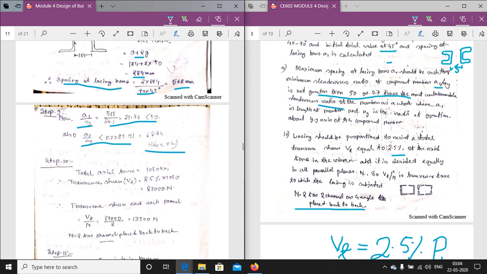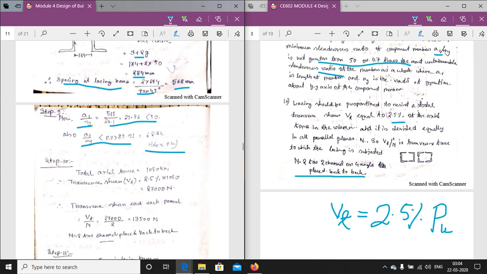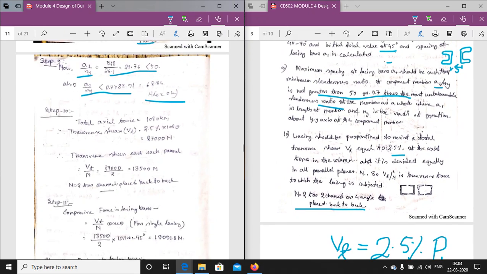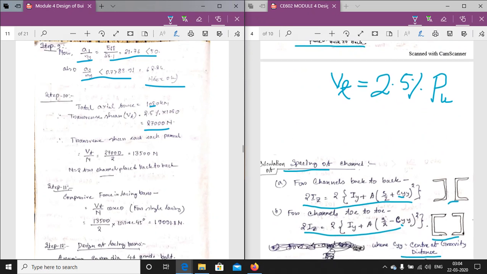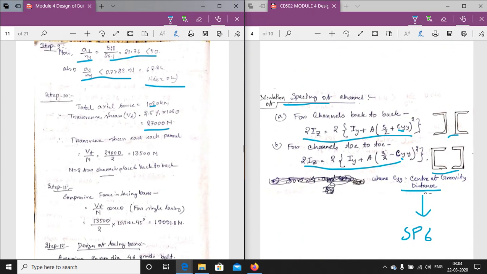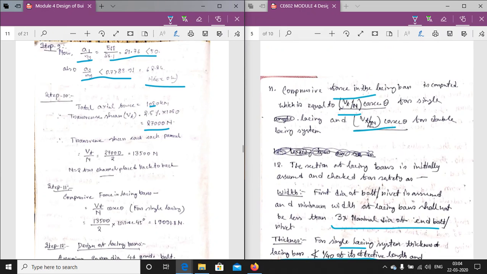Now coming to step 10, the lacing bar should be proportioned. Calculate Vt equals 2.5% of the axial force. So Vt is equal to the total axial force 1080, so Vt will be equal to 27,000 Newton. Now the transverse shear force in each panel will be